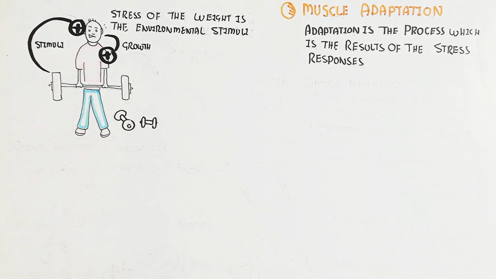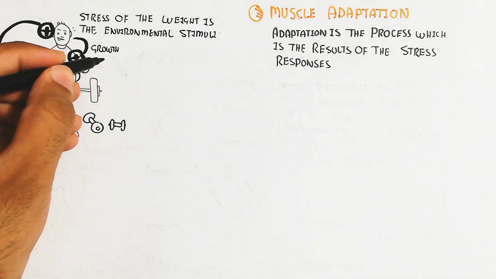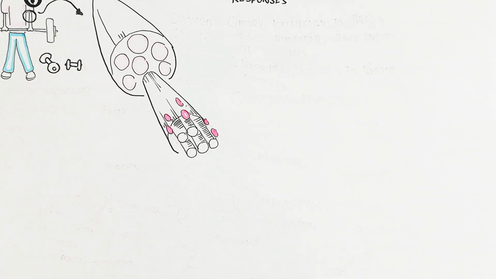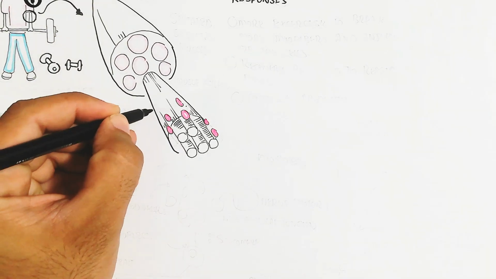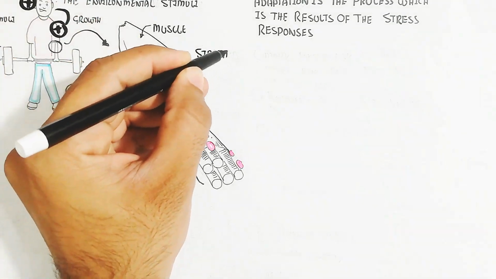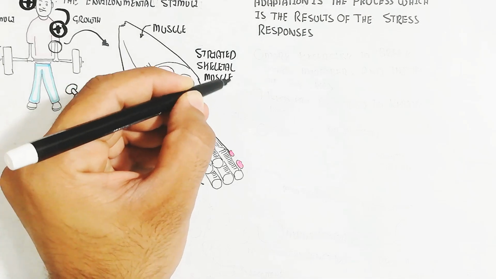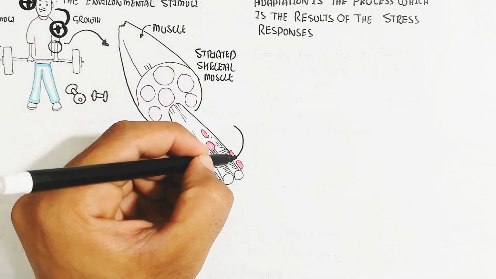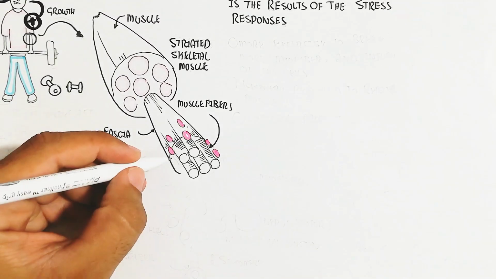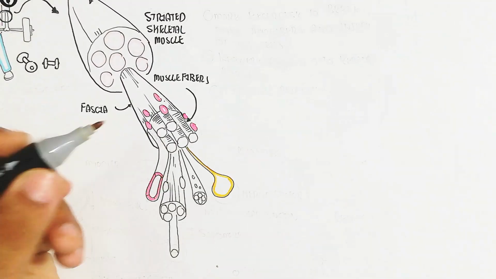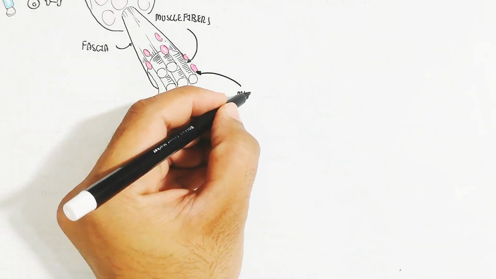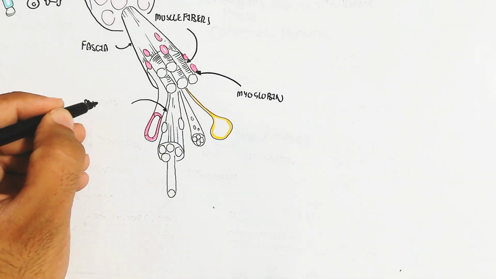Whenever you work out in the gym, the muscle will adapt to grow more, and the size of the muscle will increase. This is the striated skeletal muscle, which contains multiple fascicles inside. These fascicles contain many muscle fibers. These muscle fibers are surrounded by fascia and contain myoglobin, which is red in color and provides